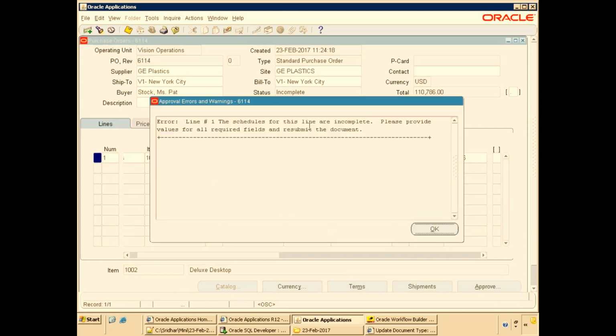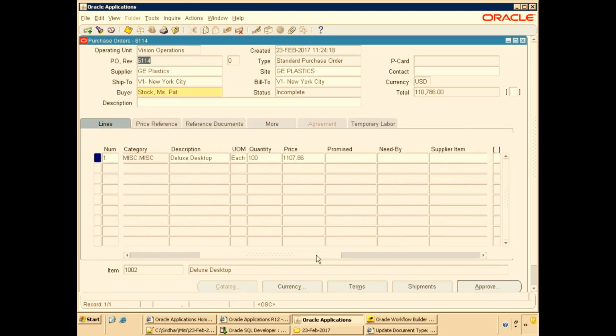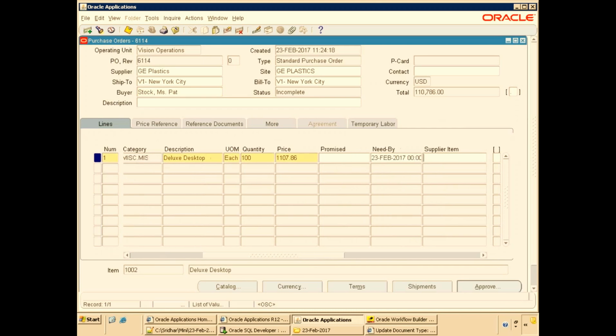Now the status of the purchase order will change, or let us see if you have any issues here. The schedules for this one are incomplete. There is one particular field, I guess, need by date. Make sure that you enable that and enter the value here. Click on approve.